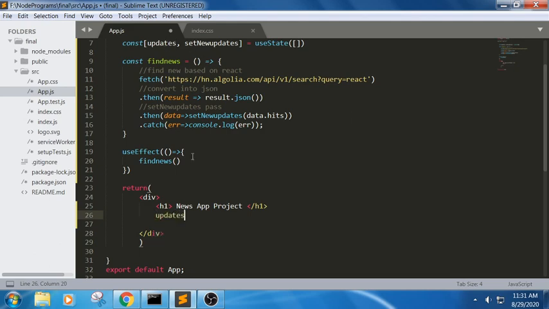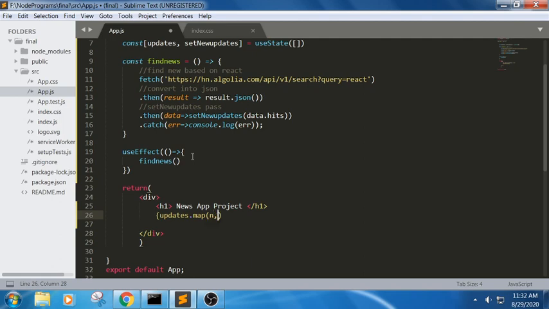So updates dot map, where here we are trying to take news as a map method, which converts this into the key as an argument, that is index, and news as a title.